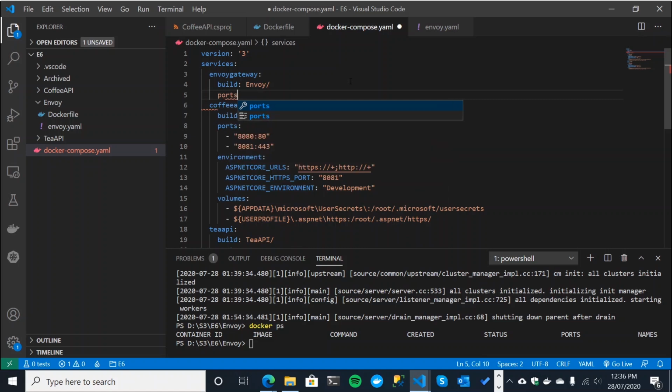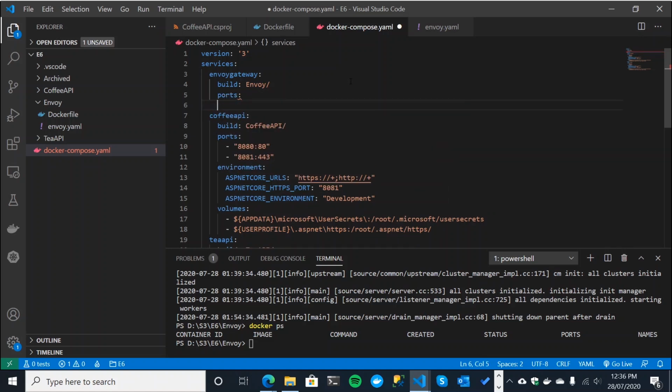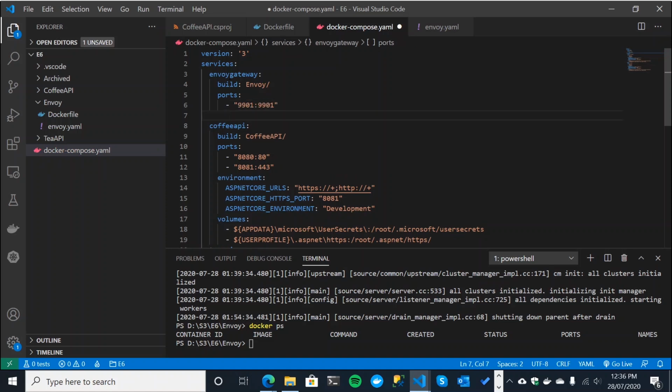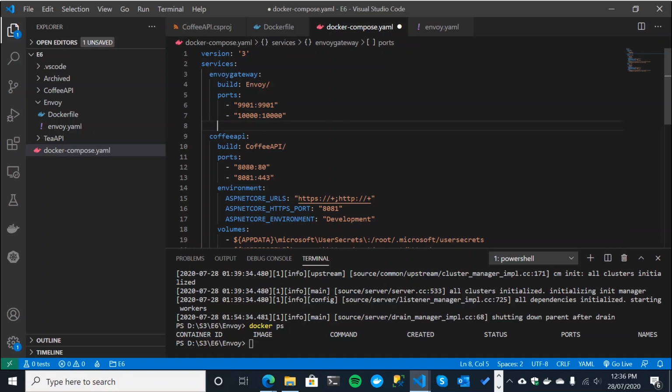So ports. Now, it follows a very similar pattern to what we have done here. We'll specify 9901 to 9901, and we'll specify 10,000 to 10,000. And then finally, we'll specify volumes.